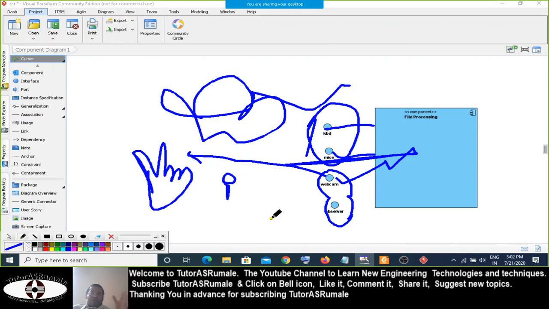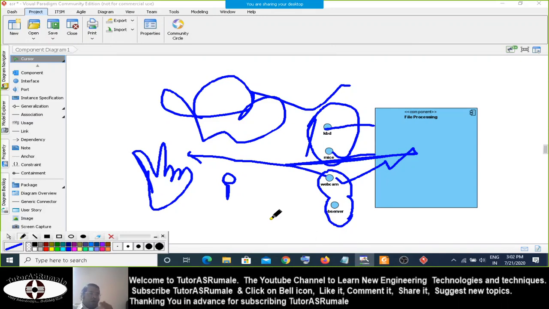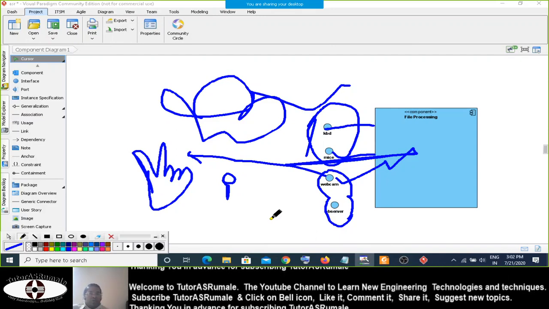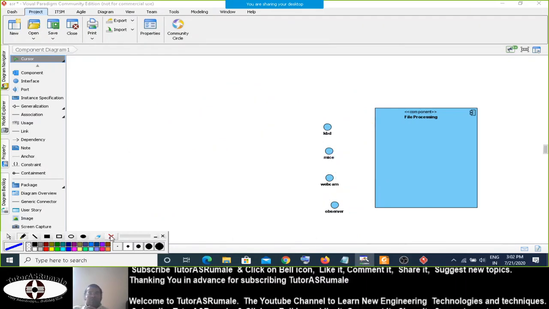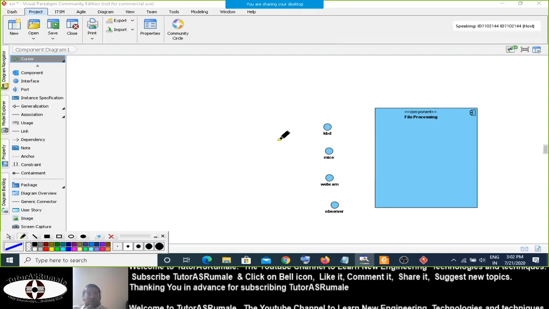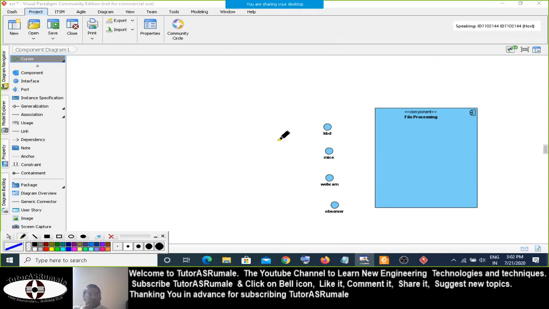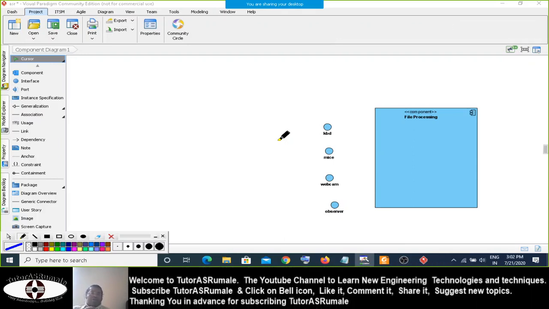So when it comes to component diagram, when it comes to component analysis of something, you have to decide which type of interface you are going to design, because the type of interface that you are going to design decides the complexity of your software.